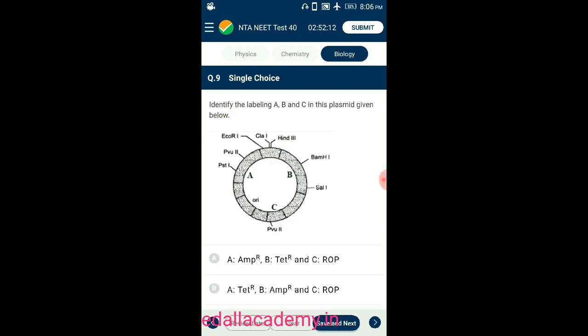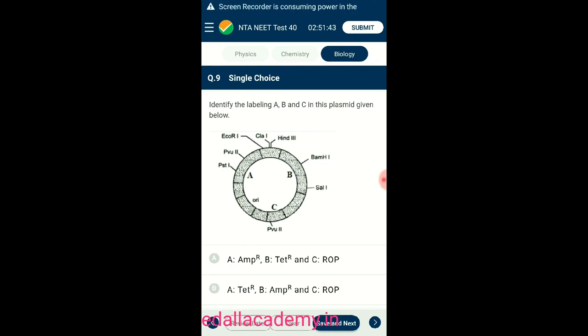Question number 9. Identify the labeling A, B and C. In the plasmid given below, from the diagrammatic representation, they asked to find out A, B and C. Plasmids are extrachromosomal self-replicating DNA present in the cytoplasm of bacteria. The given plasmid is pBR322. The most common vector used in genetic engineering is